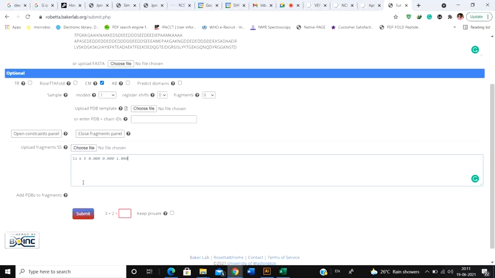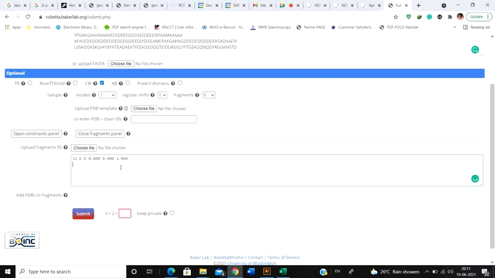Or in another case, suppose you have performed NMR spectroscopy, and from NMR spectroscopy you have got the idea that this particular protein is alpha helix in nature. In NMR we don't use the whole protein, we use a fragment of the protein, and from a certain fragment it is really easy to predict whether the particular stretch is alpha helix or beta sheet using NMR. So suppose I have performed an NMR, and from NMR I already know that this particular stretch of amino acids has the alpha helix nature. So using that information I am going to give the fragment size, because NMR is the most accurate experimental method, and I already know it.